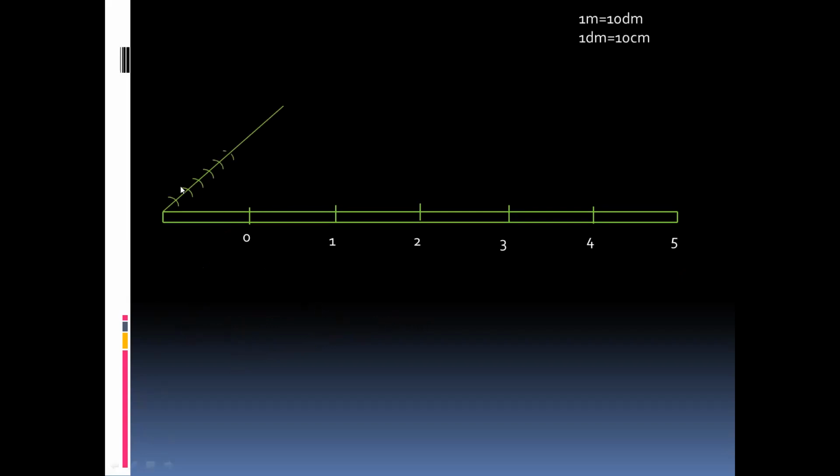You can follow the same procedure: draw one inclined line, then with the help of compass, cut equal distance arcs. Now connect the last arc with the 0 point and draw the parallel lines. So this is how you can divide this first division into 10 equal subdivisions. Then you can draw the vertical lines. Each line here represents 1 decimeter. Each smaller division represents 1 decimeter.